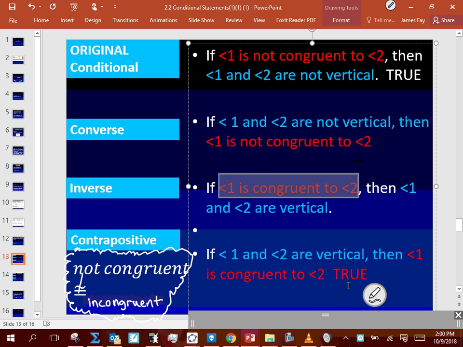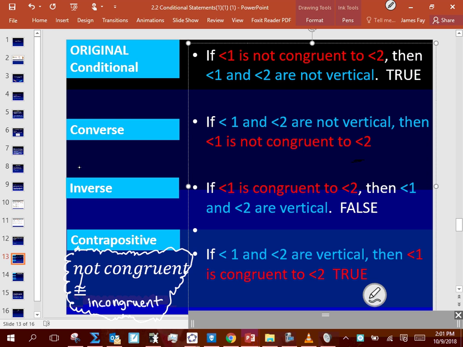What this conditional statement is saying is, if that is occurring in front of you, then you have to be able to make the statement that angle 1 and angle 2 are vertical. Is that true or false? Or are there counterexamples that would violate that? That's false, because if you have 2 angles that are congruent, the only way they could be presented is in a vertical nature to one another. But we know from what we've done before